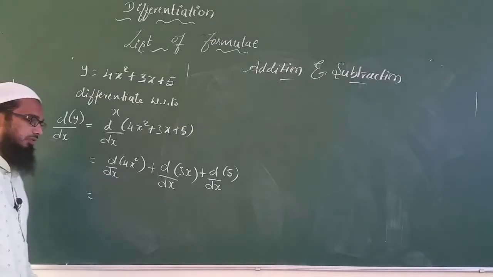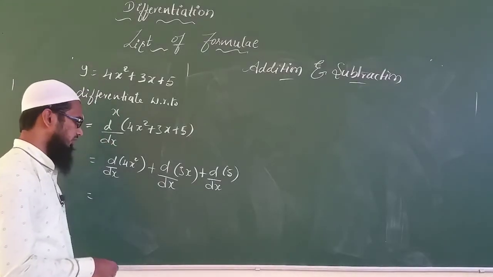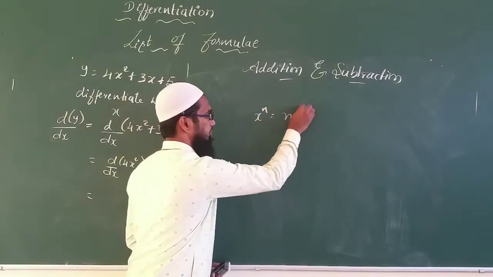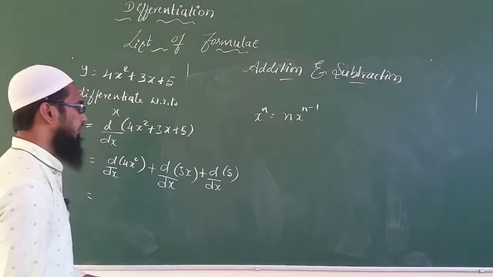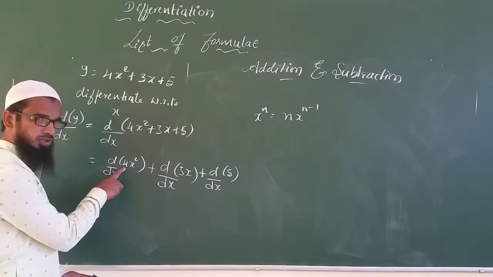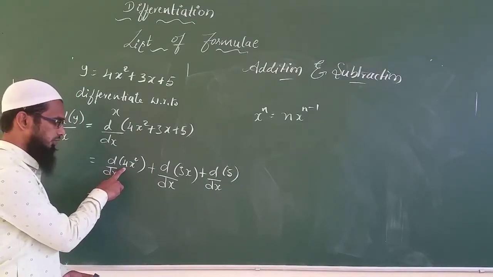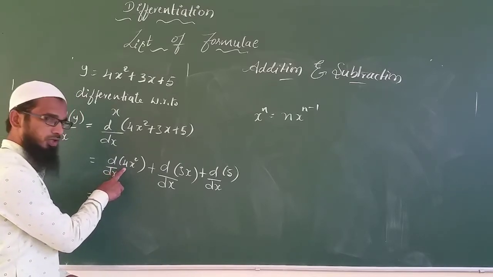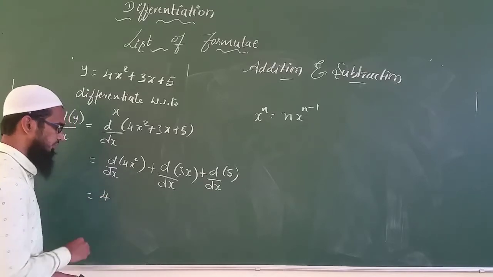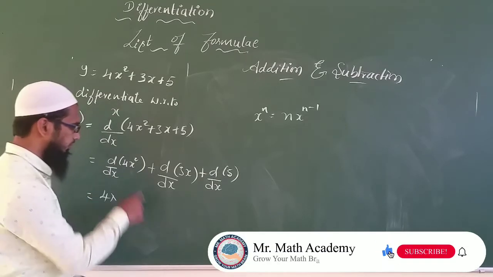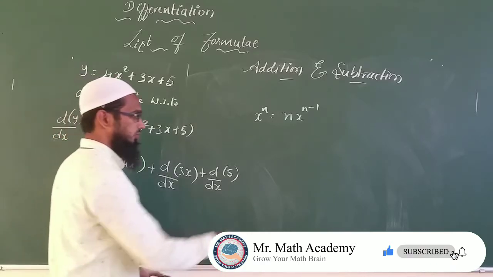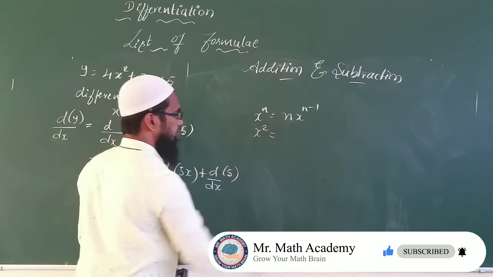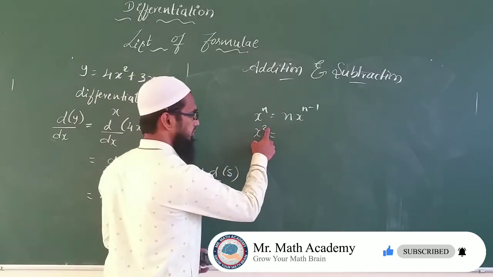Okay, now we know the formula for x power n. So x power n gives n into x power n minus 1, that will be the formula here. Now for the first term, the 4 is a constant, we don't apply the formula because this is a coefficient of the given function x. So we are not differentiating this 4, we just keep it as it is, that is a coefficient of x. Now for this x square we have to differentiate. So this is the formula that we have to apply here. If I take x square, so what is the solution here? This is nothing but your n value.